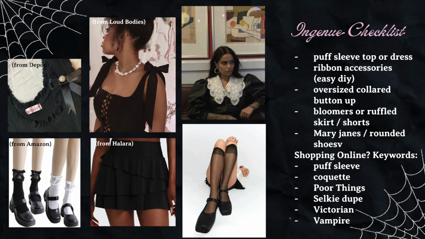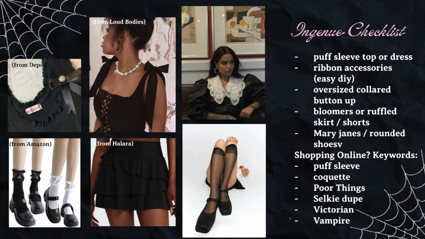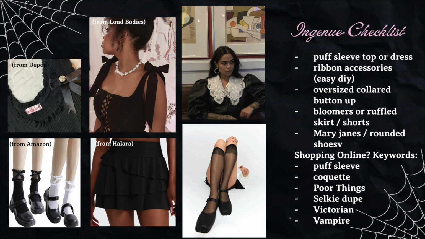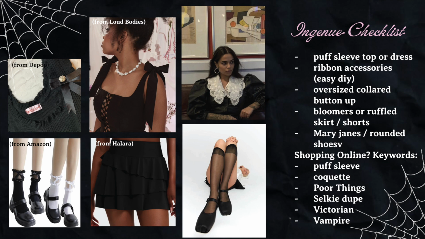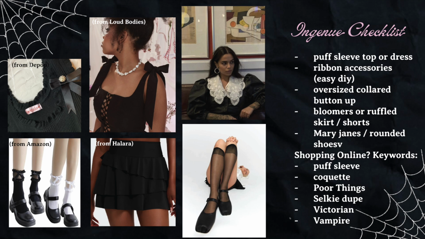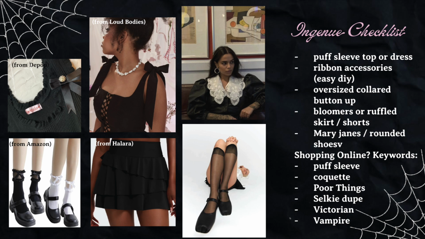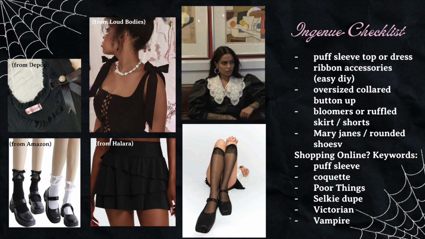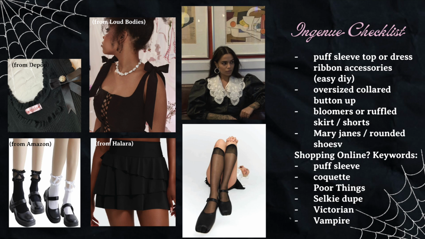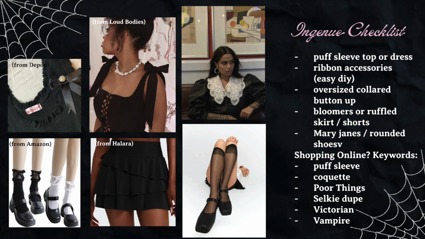And in terms of shoes, the key here when it comes to ingenue is looking for shoes that are a bit on the more rounded side, whether they're platform Mary Janes or just rounded flats in general. And even if you go for a square toe, such as the flats that I have pictured here, see how it's not too sharp, it's still slightly rounded like you see on a ballet slipper.